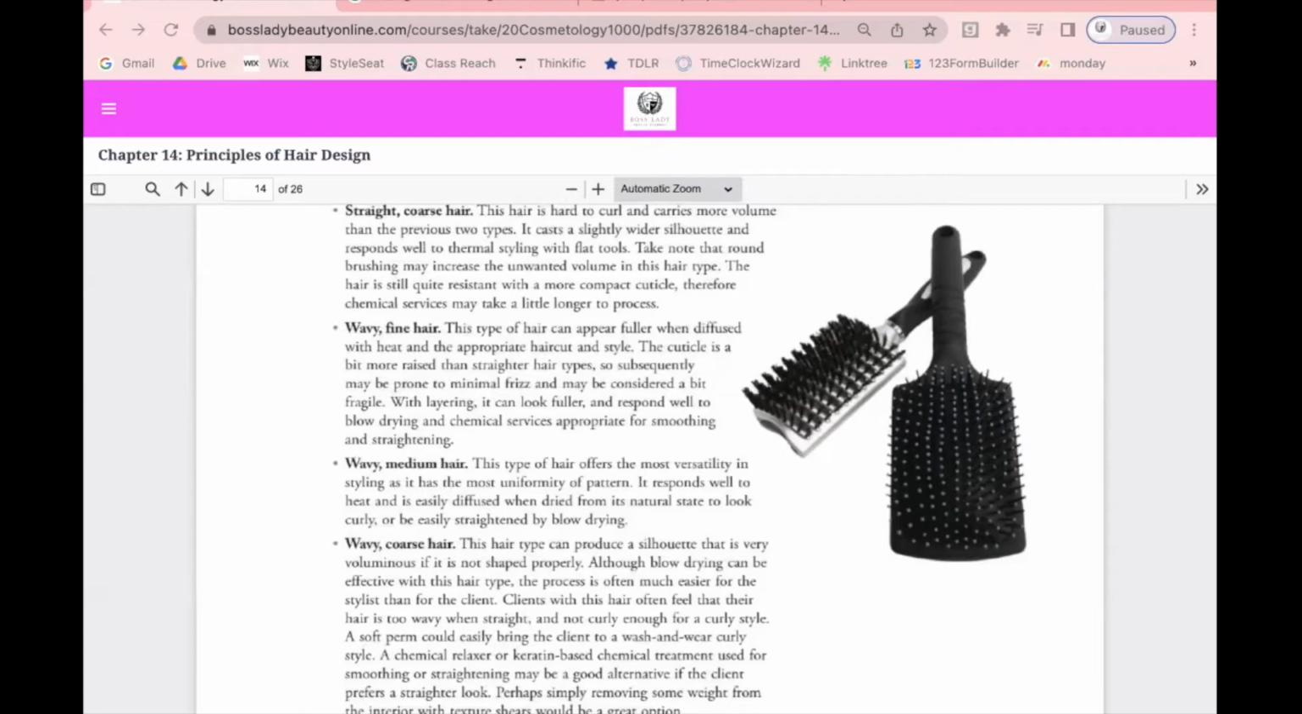So let's say that again. Wavy coarse hair is the hair type that can produce a silhouette that is very voluminous if it is not shaped properly. And what they mean by that is, if the haircut is not shaped properly for this type of hair, it can create more volume than typically what the client wants. But if the client wants big hair, big volume, hey, go at it, do what you do, be great. But if they don't,